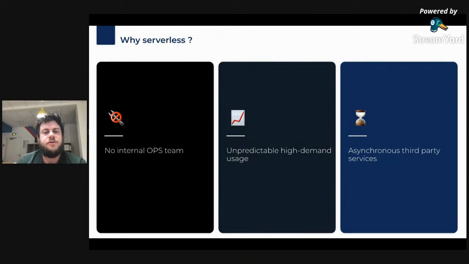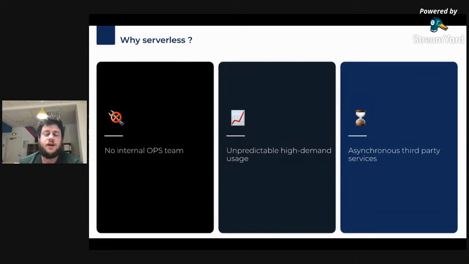So why did we choose to go with a serverless solution for this application? First was our client context, without any development and ops team on board. He wanted to minimize, as much as possible, the need for a specific team to run the application, requiring no internal ops in RATP Dev. Since most of the run operations we had to do on the application are mostly code-based operations, serverless seemed like a good fit.